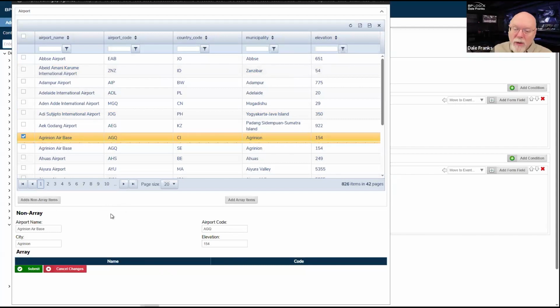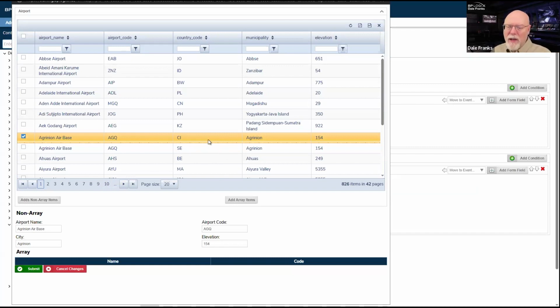Now, in general, that's why we are eventually looking into cell selection. So rather than just clicking a row, I can just pick a cell, and having picked a single cell, I can just set the value of that cell to a particular field. So we can do it simply by cell selection.